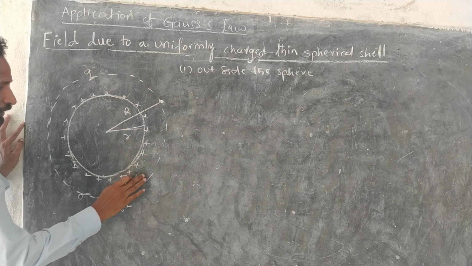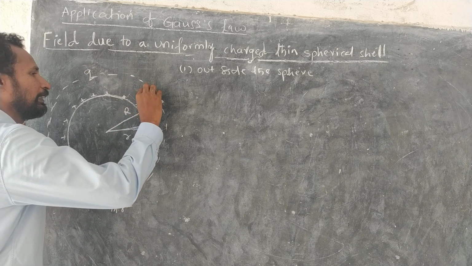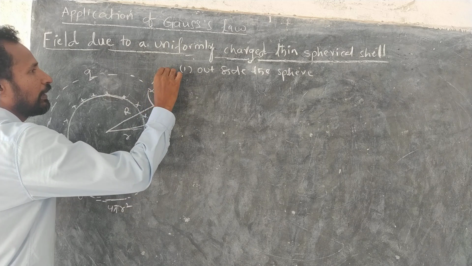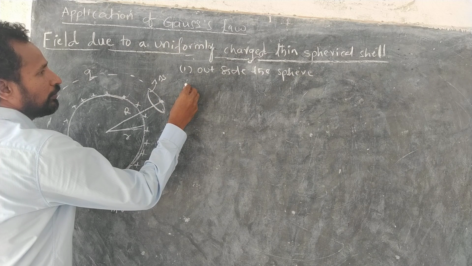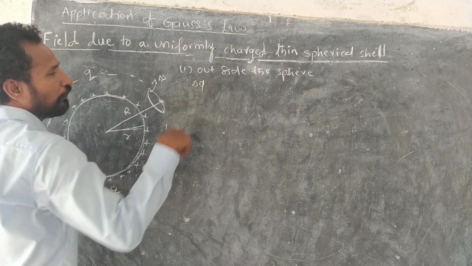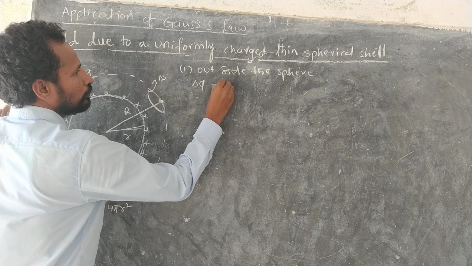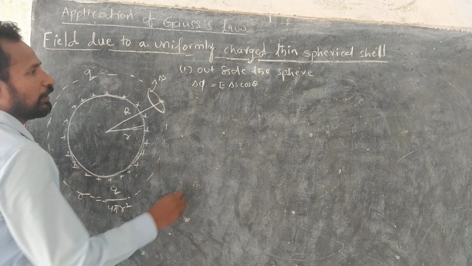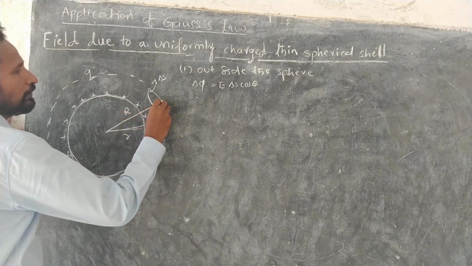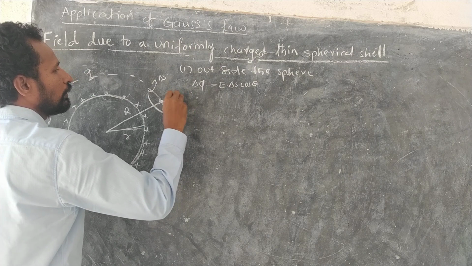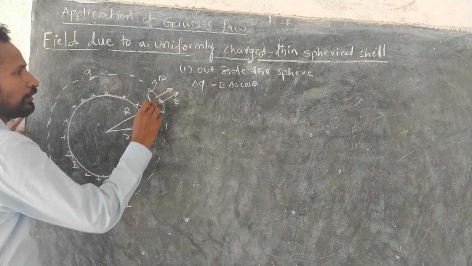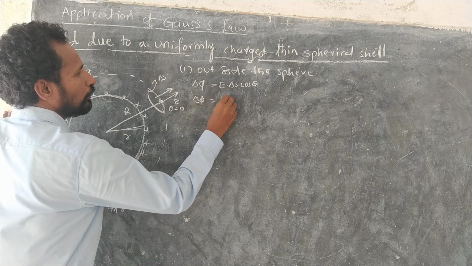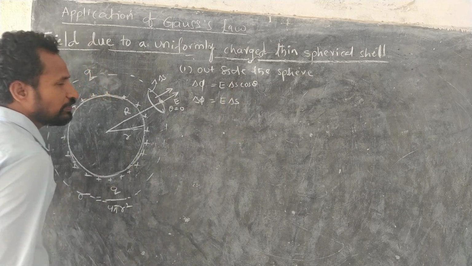Now next step, we need to find flux through this Gaussian surface. Instead of calculating total flux at a time, first we will calculate small flux through a small area. Construct a small area, let us say delta S. Through this small area, flux is delta phi. So delta phi is equal to E into delta S cos theta. Theta is the angle between electric field and area vector. The field acts radially outwards, the area vector acts perpendicular to the surface, so theta is equal to 0. Then this small flux is equal to E delta S cos 0, which is 1.